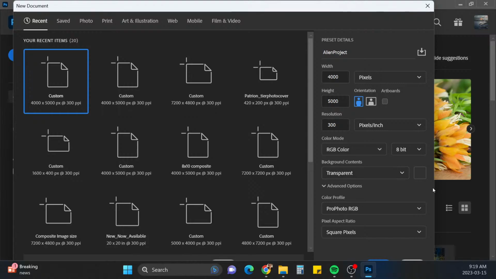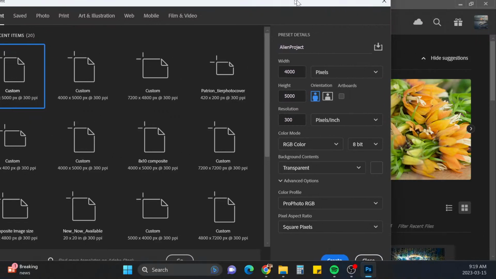I won't have to switch the file back over and all of that fun stuff. Transparent, color profile ProPhoto RGB, and that looks good to me.